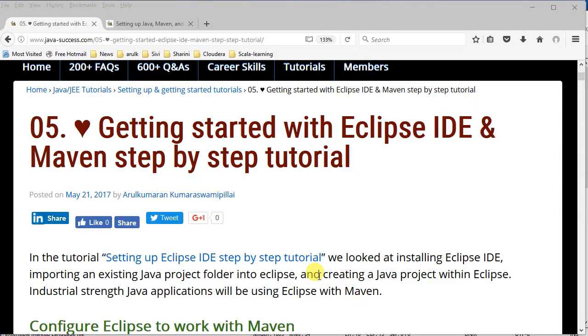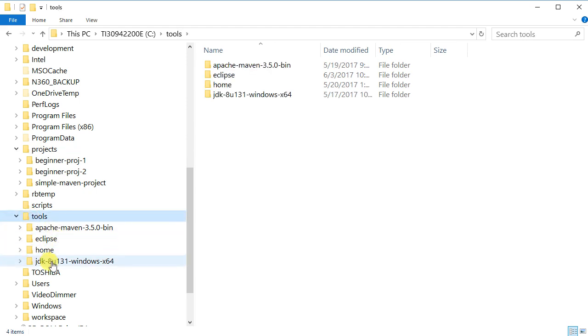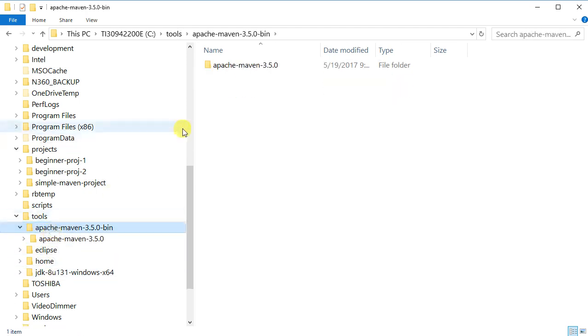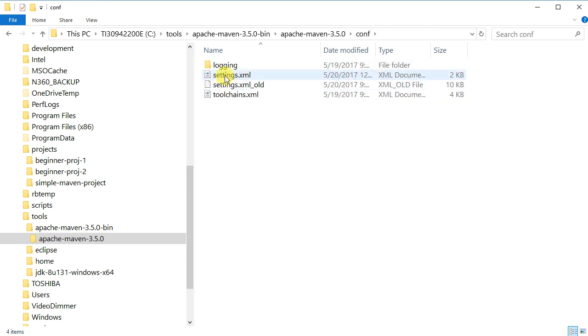In this tutorial, let's get Eclipse to work with Maven. We have already installed Maven and we have already set up the M3_HOME. So it's all under tools and it's under Apache Maven. If you drill into this folder, we have already set up the settings.xml file. So we have backed up the settings.xml file to old and we created our own settings.xml file,